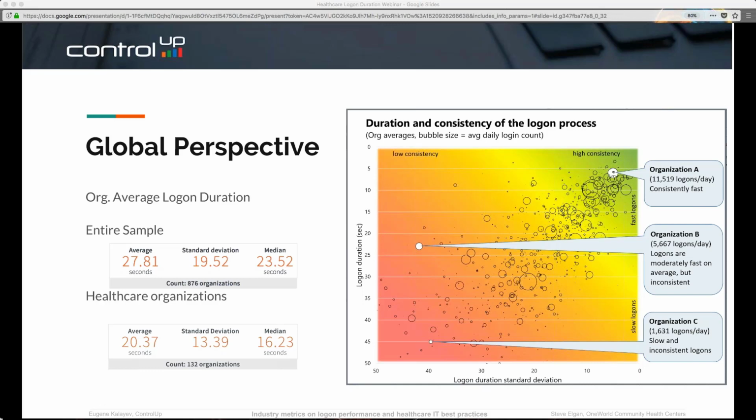But when we're looking at this entire huge sample, it's safe to assume that admin logons are a really small share, and even if they're significantly different from end user logons, this should cancel out in terms of the averages, because there's just so many more logons from the end users. So the answer is we don't separate those admin logons, but they really constitute a very, very small fraction of